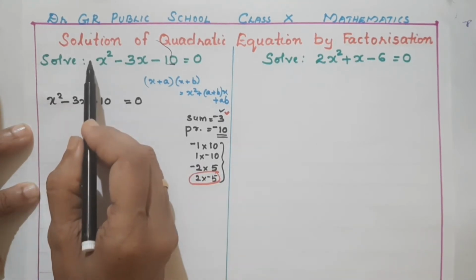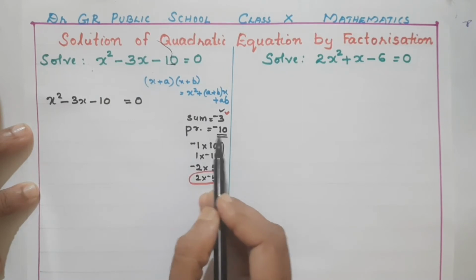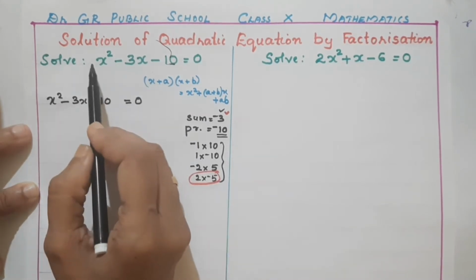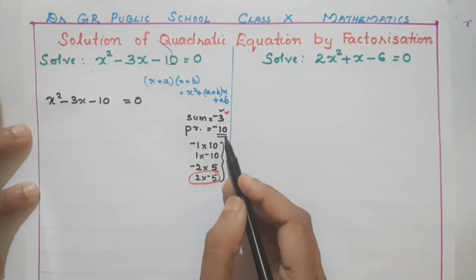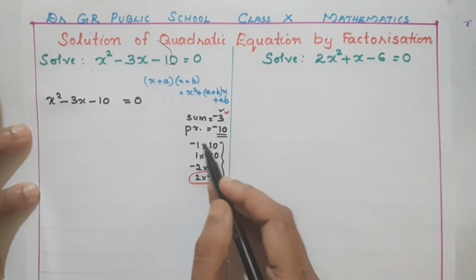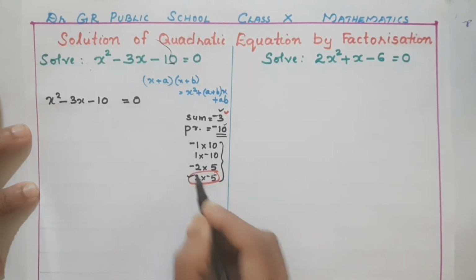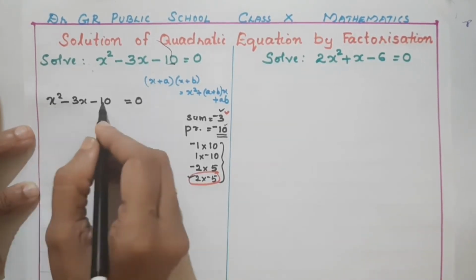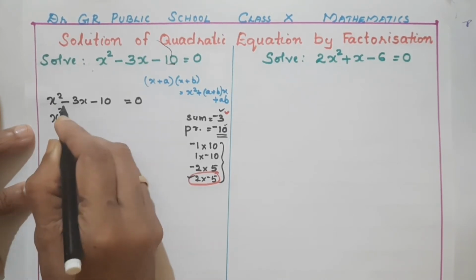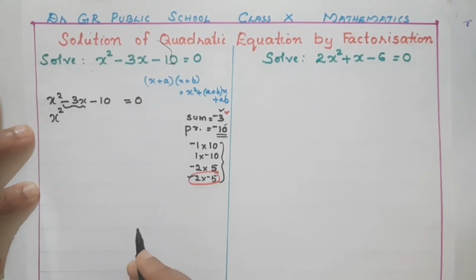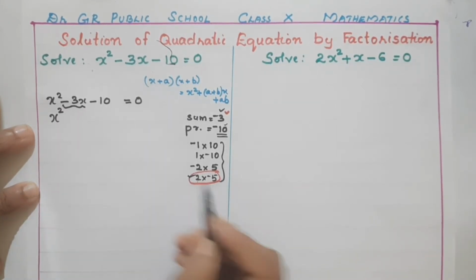If we have any other number here, that also we have to consider for this product. Now we have 1, so 1 into minus 10 is minus 10 only. That's why we have taken the factorization of minus 10. Now we can use this 2 and minus 5 to split this polynomial. First, x square. We are splitting only the middle term, isn't it? The middle term can be split by using these two numbers.